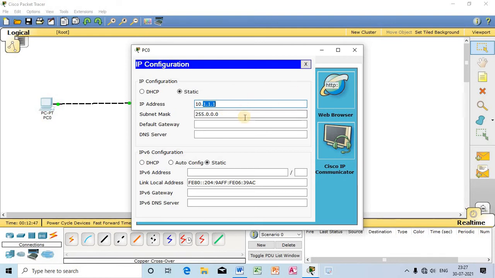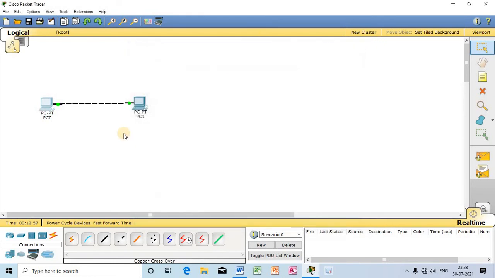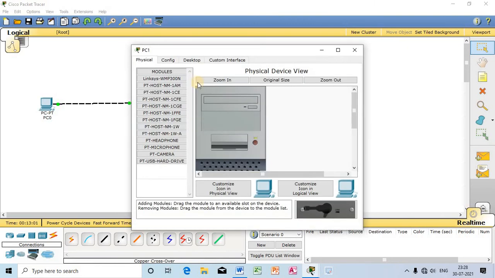So now I have assigned the IP address 10.1.1.1, and the default subnet mask is 255.0.0.0. Let me assign the IP address for PC1.